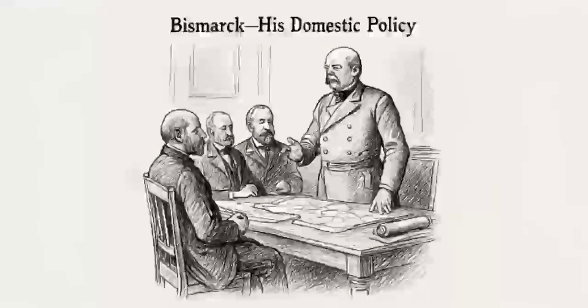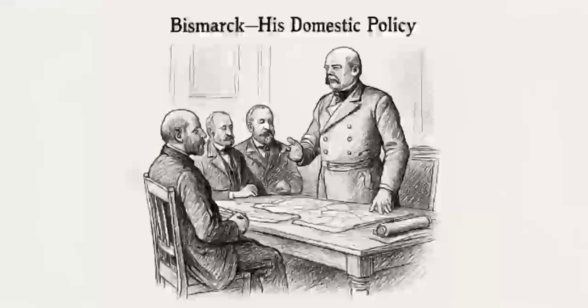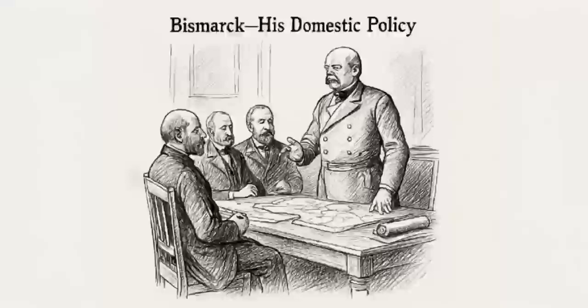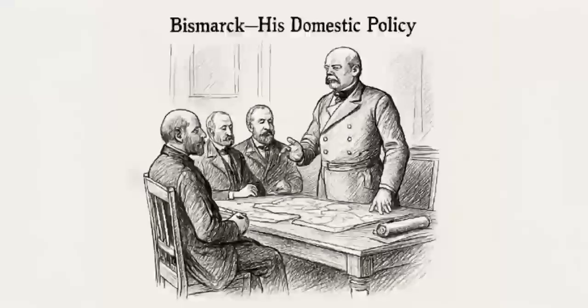Okay, so that's the religious front. What about the economy? You mentioned a shift there, too. He started out allied with the liberals. Yeah, initially in the early 1870s, he worked with the National Liberals. They supported free trade, economic modernization, things that helped unify the country economically. But then things changed. Yes, the mid-1870s saw a significant economic downturn. People called it the Great Depression back then. This put a lot of pressure on industries and